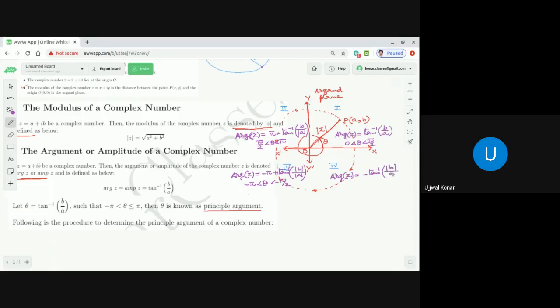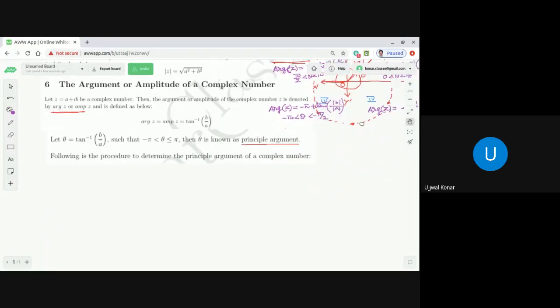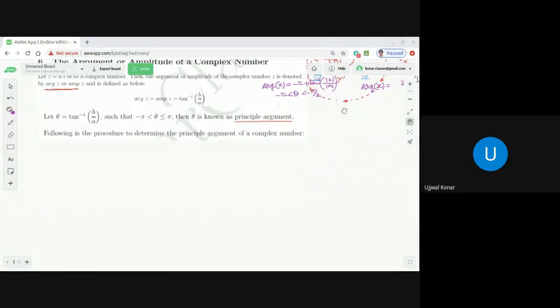If you remember this, dear students, you will never find any complexity in finding the argument of a complex number. I have seen a lot of books explain this simple thing in a very, very complex manner. But this is the easiest and simplest way to find the argument of a complex number. Now I have written it quadrant-wise. Now I am going to write all these things in point form.